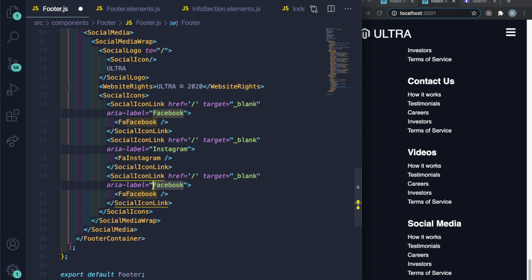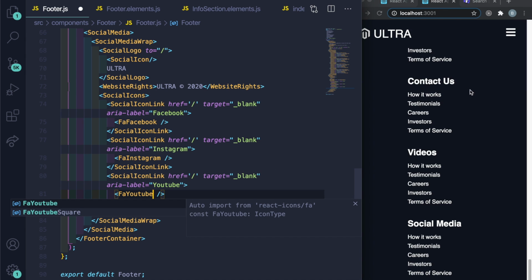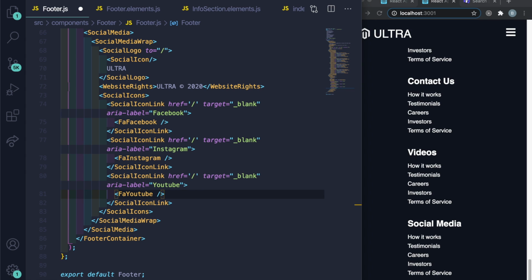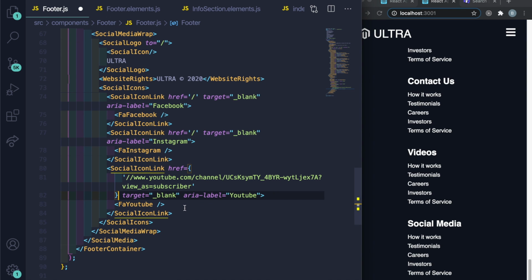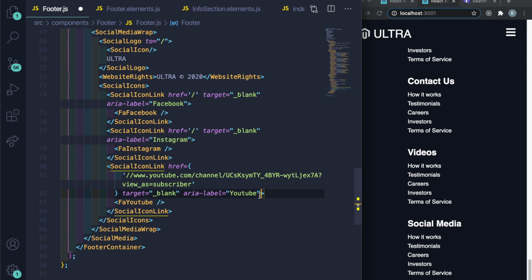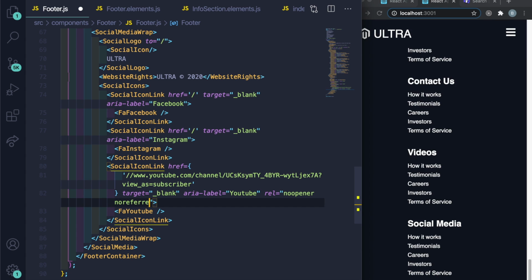So let's just put YouTube, and then let's see, what did I put for the, yeah, it should be YouTube here too. And for the link, I'll just put my channel for this. So let's just put href equals to curly brace my YouTube link, and then I'll just include these in here. Rel equals to quotes noopener space noreferrer,